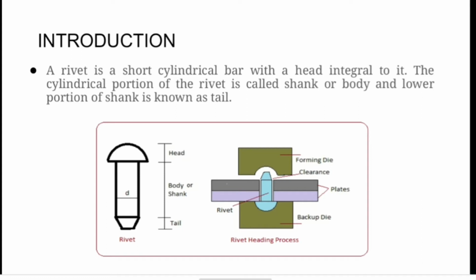In the right side diagram we can clearly understand the placement of a rivet. In this diagram we can see two plates joined by using a rivet. A small hole is created through the two plates, and in this hole the rivet is placed. By using the dies the rivet will be connected. Here two dies are placed. On the head side the backup die is placed, and on the tail side the forming die is placed. The working principle of rivet joining is discussed later in the method of riveting. So let's see another slide.